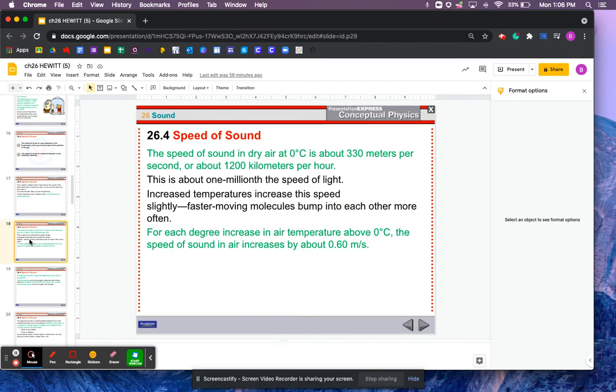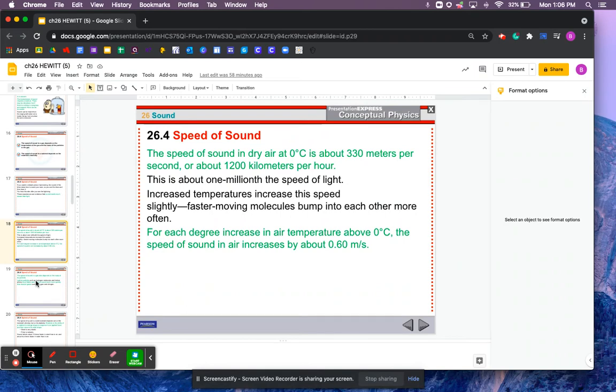Is it possible to go the speed of sound? Yes, it is. Have you ever heard of Mach 1? When you watch movies, sometimes they say, oh, we've reached Mach 1. That's the speed of sound. If you've ever been on an airplane, you've traveled faster than the speed of sound, because airplanes do travel faster than the speed of sound. Sometimes you hear an airplane, you look up and you see it, and you're like, wait, it sounds like it's over here, but it's actually over there, because it's traveling faster than the sound reaches your ear.